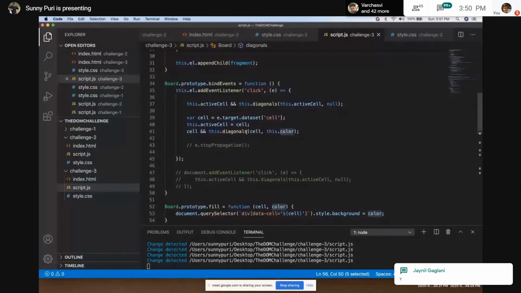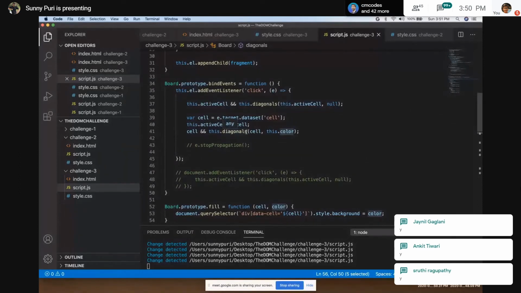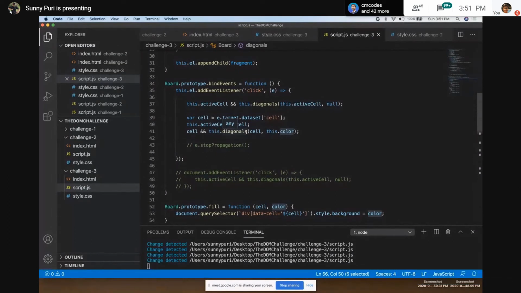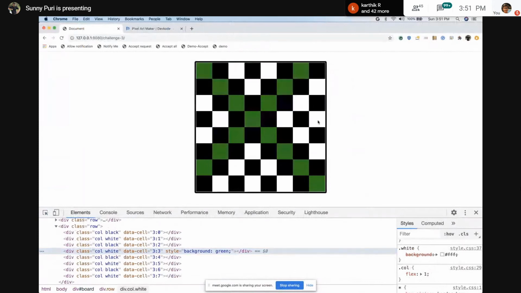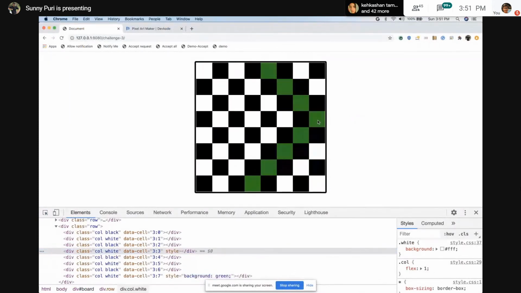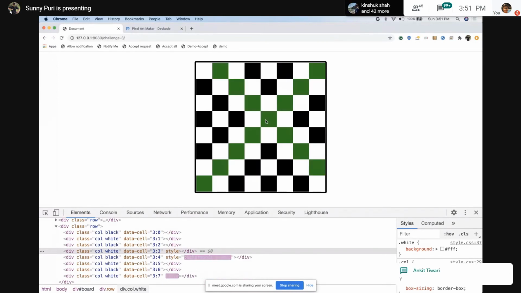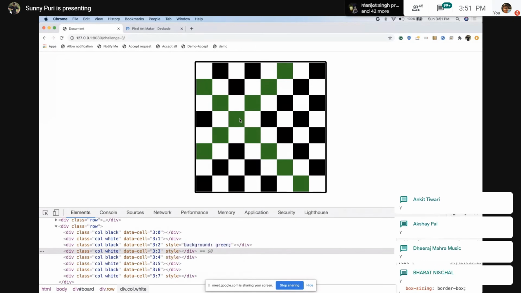For the reset logic, I'm saying call the diagonal function again and assign a null color. Basically, remove that CSS class. Let's inspect. As soon as you click somewhere, it will automatically remove it, because the null background is not a valid property. You can assume it like that. This is clear, guys, what I was doing for resetting. Do you think the reset logic is very tough?